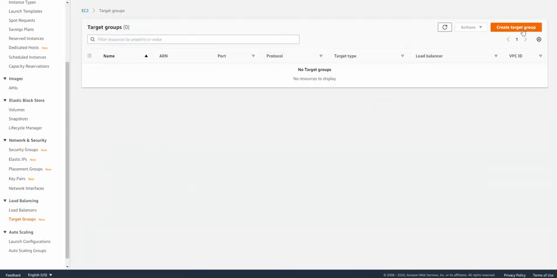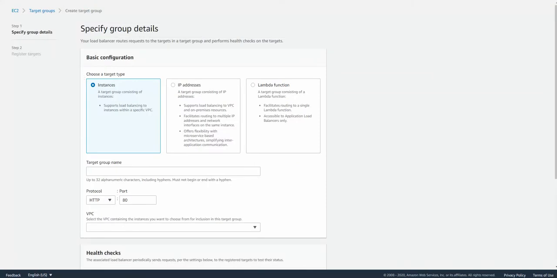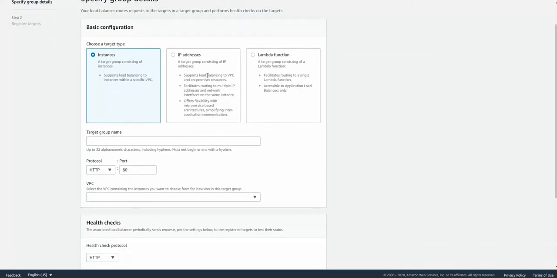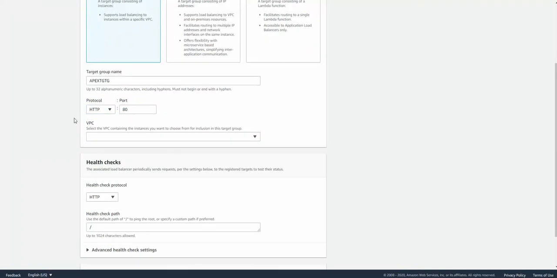I'm going to create a new target group. What is the target? It's instance type, not IP addresses. For the target group name, I'm going to say Apex target group, for example. The port we are going to use to communicate to the instance in the target group is 8080.